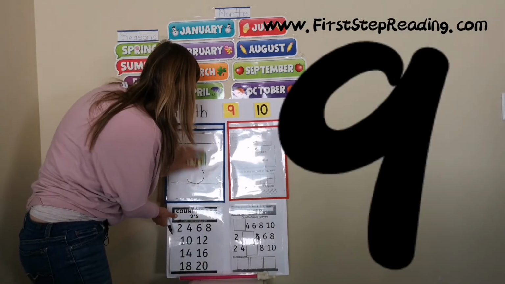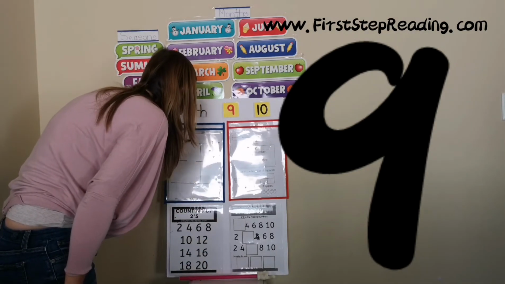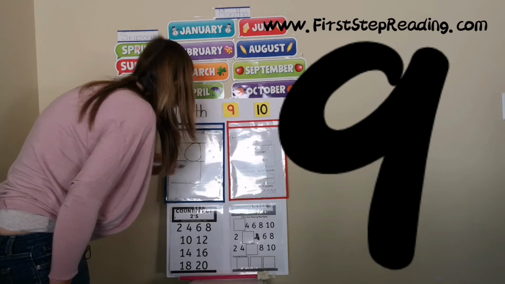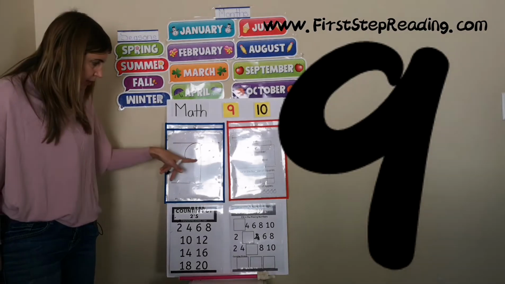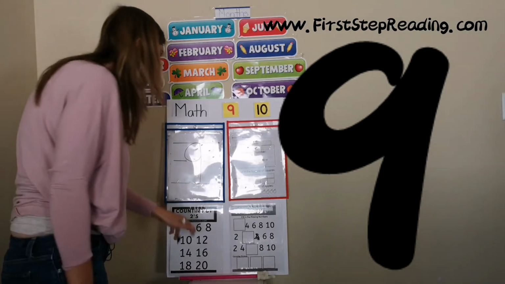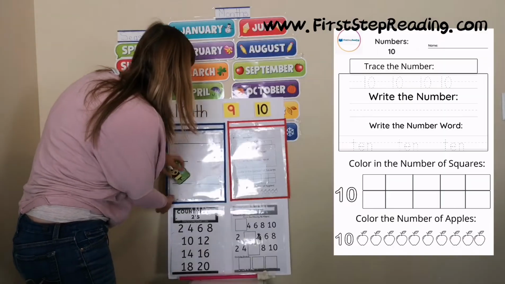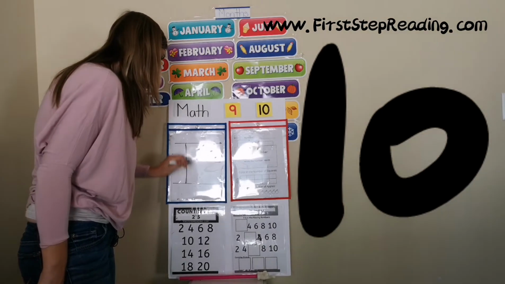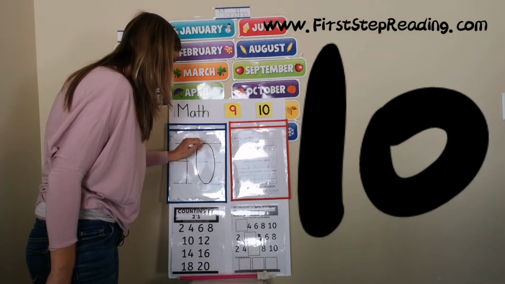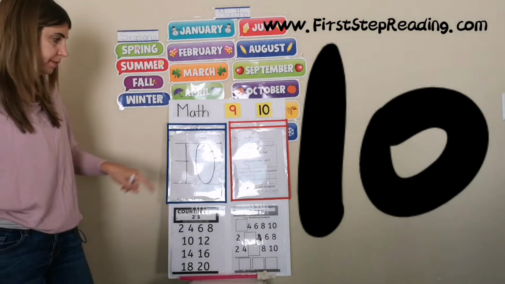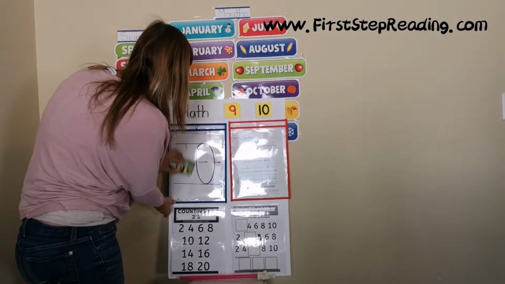Now I'm going to make our 9. We go straight down, and we make a C connecting it, right? It's like a C, and that's our 9. So we have our 9 worksheet, and then we have our 10, which is straight down. You go back to the line here, and you make an oval, and that's how you make a 10. So we have our 8 worksheet, our 9 worksheet, and our 10. And then